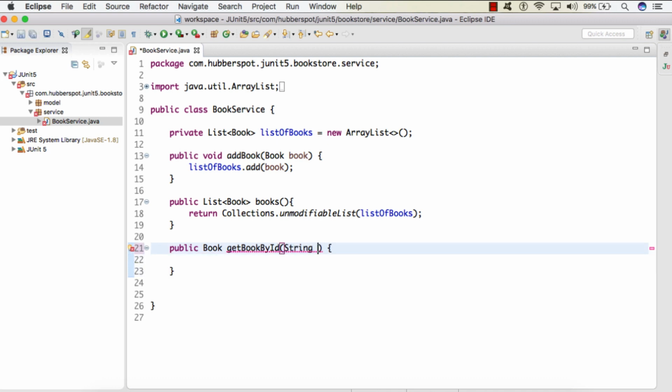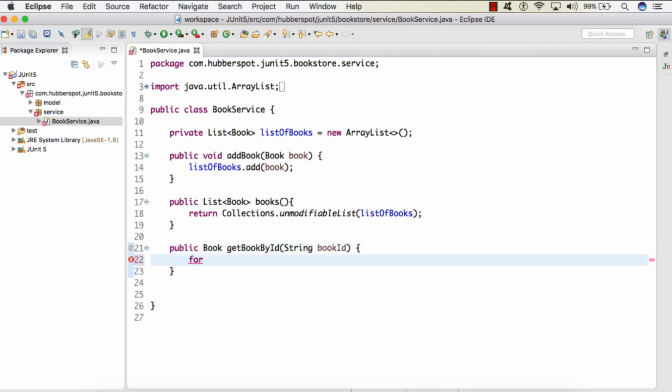This method will take a book id. We will iterate the list of books one by one. We'll compare the book id, and if the book id matches any of the books present in the list of books, then we'll simply return the book, or else we'll return null.